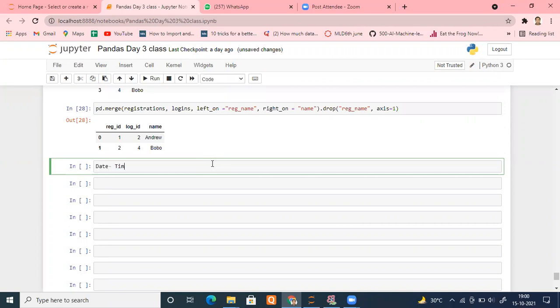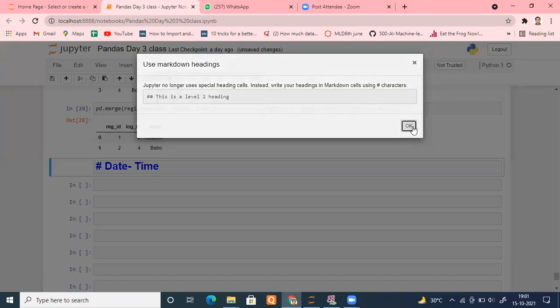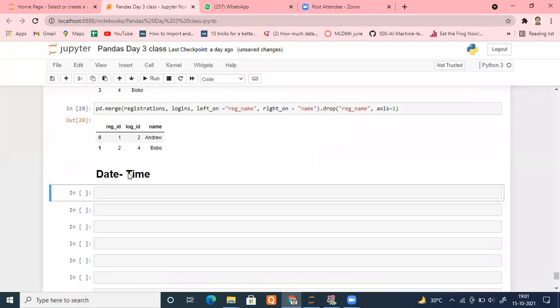So we are going to study date time features. By today our pandas will be finished, and tomorrow is off. Monday we will be having our visualization, probably finishing our visualization by Tuesday at the maximum. And then we will start our machine learning, means machine learning along with the tasks we will do. I will give you a project itself today to work on. Okay. This is date time.